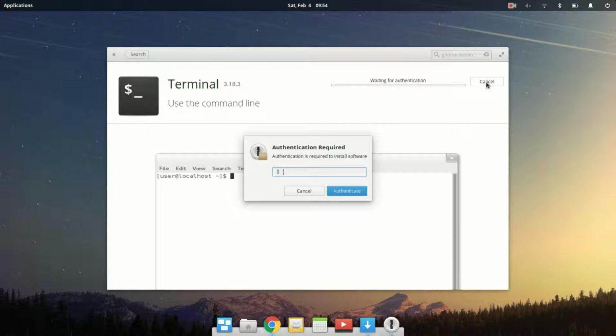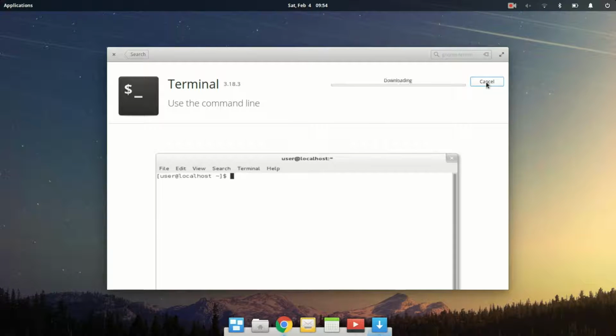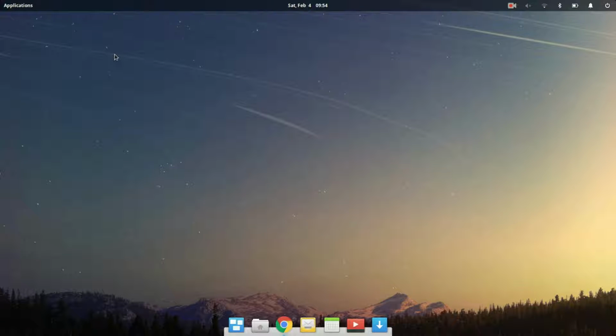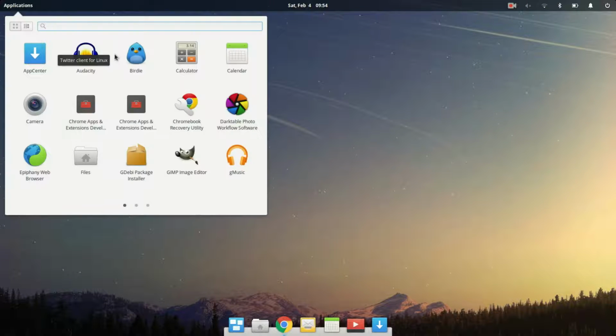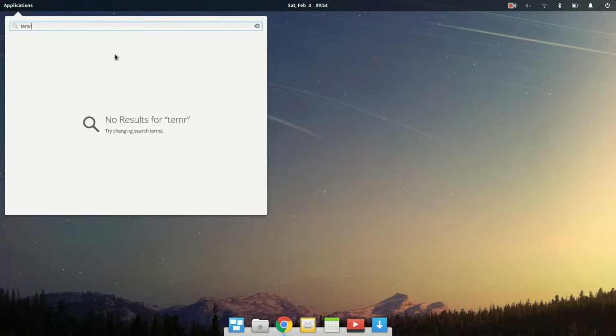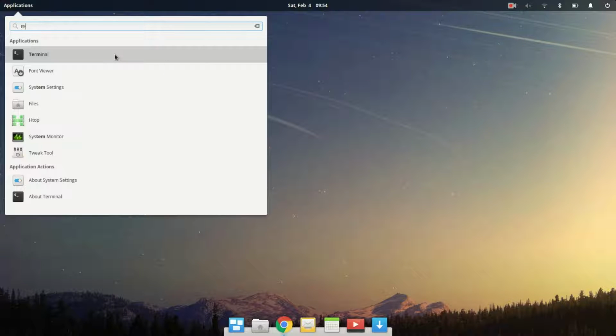So we'll click install there, and we will validate. Okay, so you close that, and then you open up the application drawer, and you search for terminal,